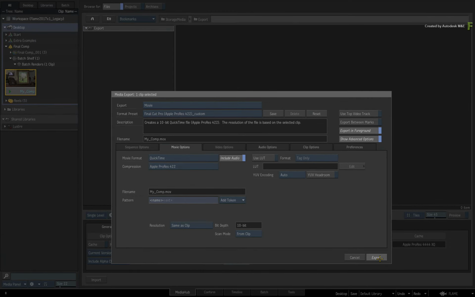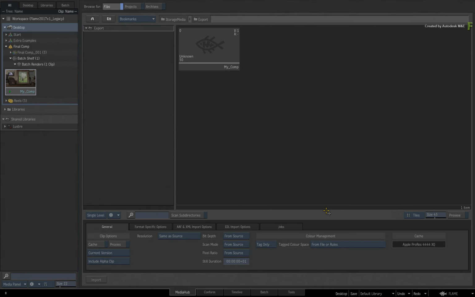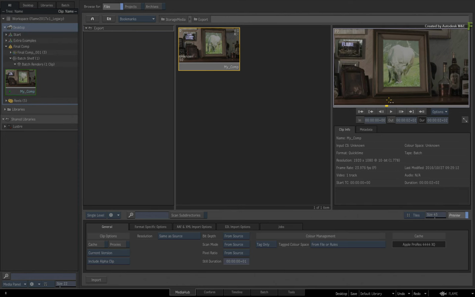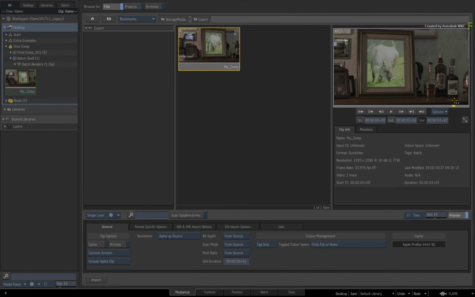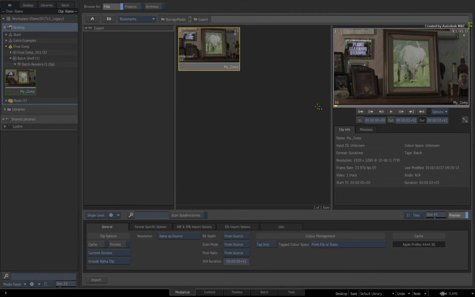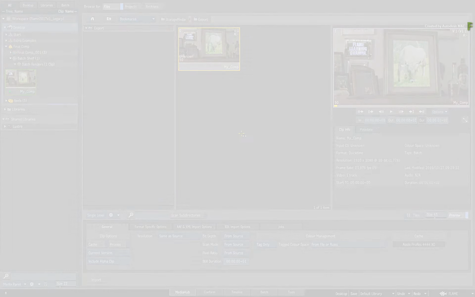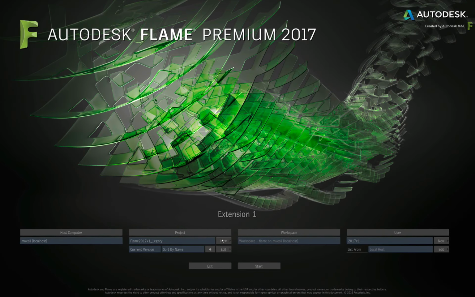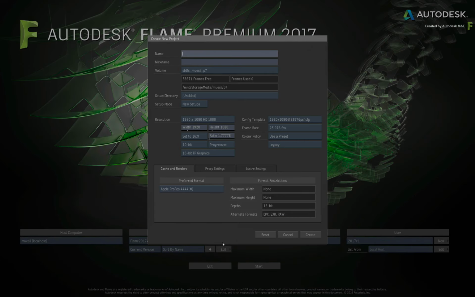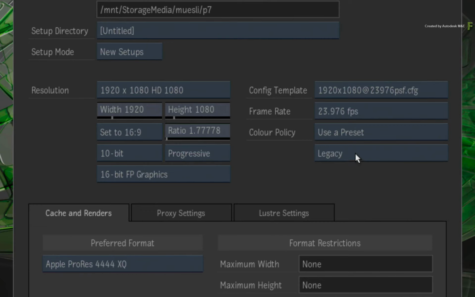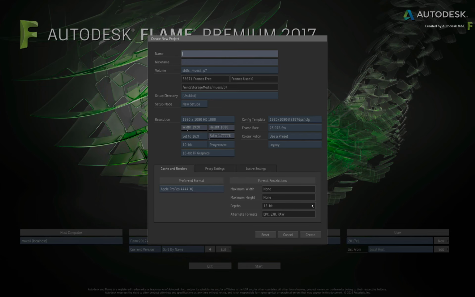So the purpose of what you have seen in this video is that it is still possible to work the way you have in previous versions and gradually adopt the new color management at your own pace when you're ready. If you're someone who does not require color management, or someone who is just starting out with color management, just use the legacy color policy and you can pretty much ignore the color management if you don't want it, or you could turn it on bit by bit.